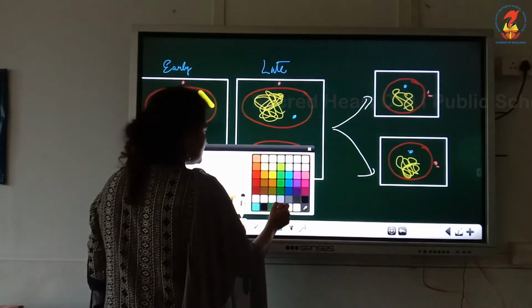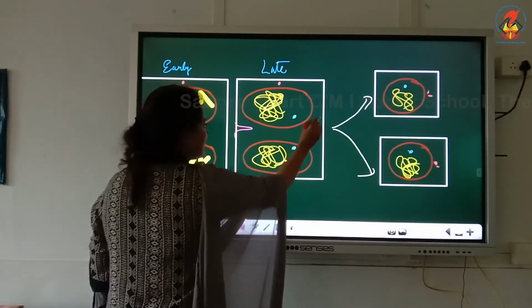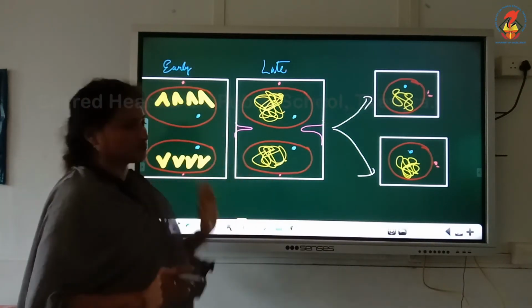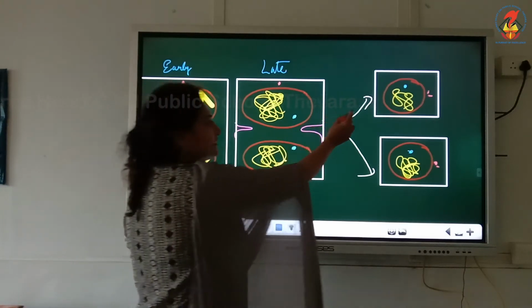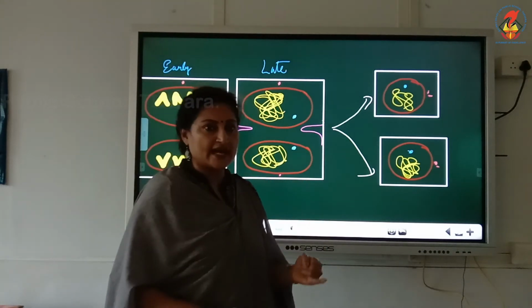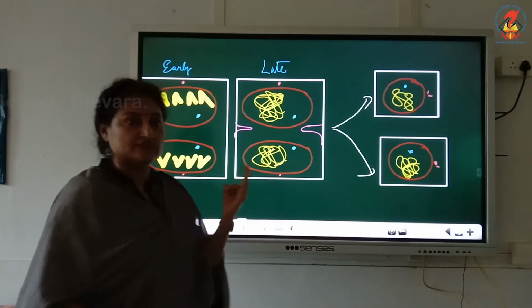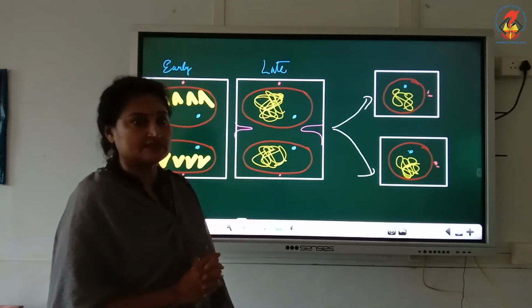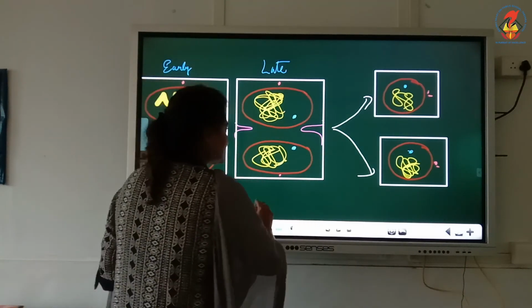A constriction is formed in the cytoplasm. See, the constriction deepens and deepens and divides the cell into 2. And we have finally 2 daughter cells with a description of the interphase. The nuclear membrane is intact, the nucleolus is intact, the centrosome is intact, and the chromosomes are in the form of elongated threads. I hope you have understood up till